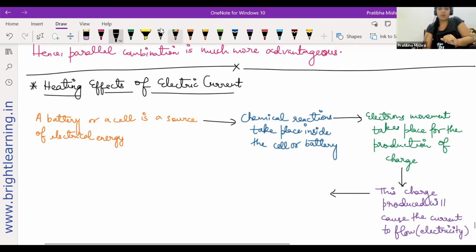Now what you will write next, I'm just trying to draw a flow chart here. So this electrical energy or electricity helps